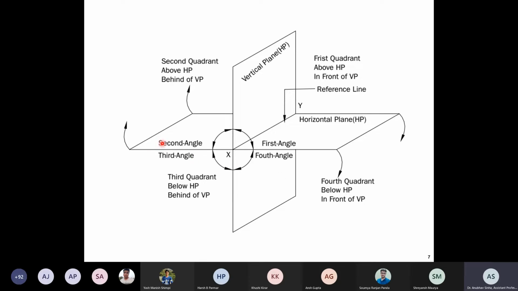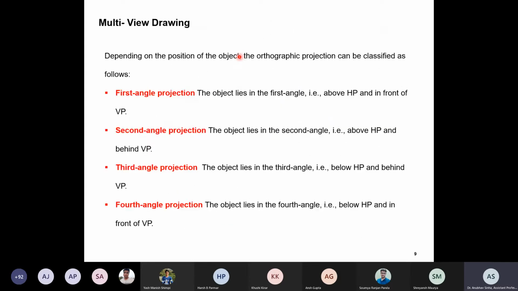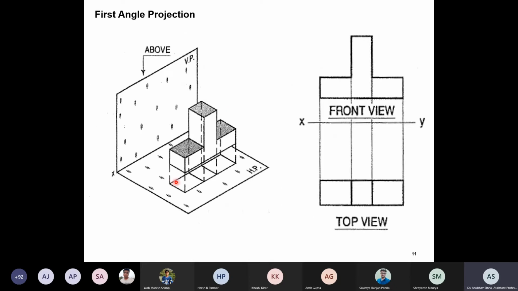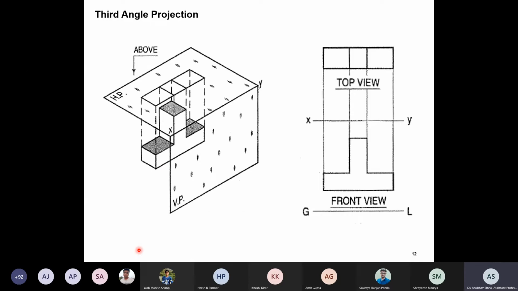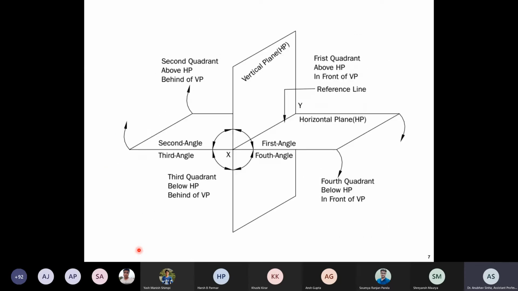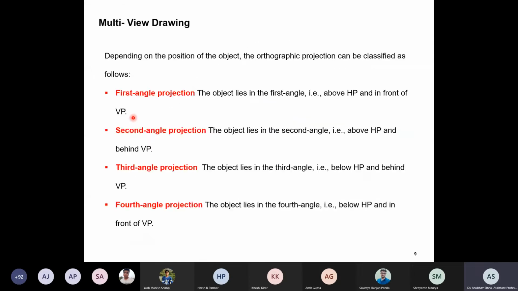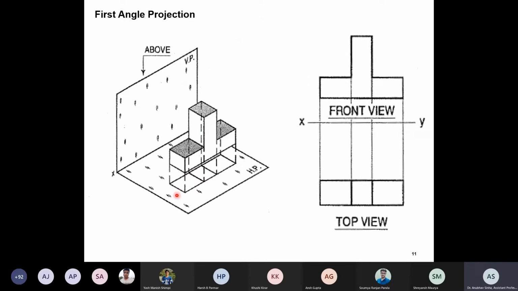Similarly, when you go for third angle, this plane goes up, and this plane remains at its position so that you get a 2D view. That is what we are seeing here. So this plane goes down. If we go to this definition, this plane goes down and this plane goes up. So here the horizontal plane goes down, and that is what you are seeing here. This is up, this is down.